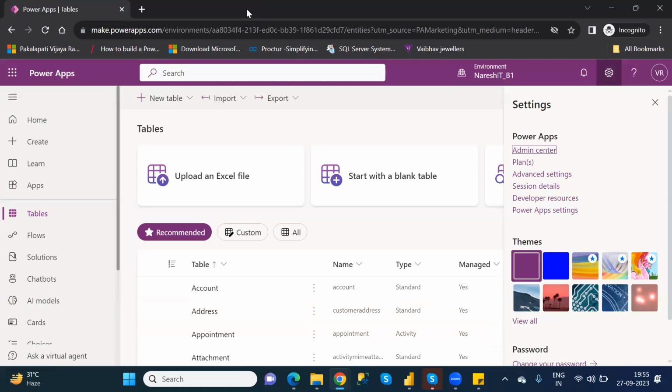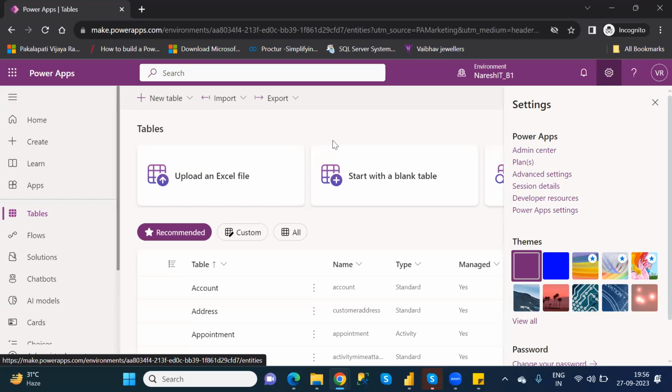Vijay, I already created an environment, and after that I'm creating some Canvas app. Now can I create the data storage for the particular tables? Yes. When you go to the tables, here itself I'm seeing all the tables. But initially, if there is no storage, immediately here itself there is a pop-up message: do you want to create a Dataverse or database here? Then click on that one. At that point of time also you can create the database.